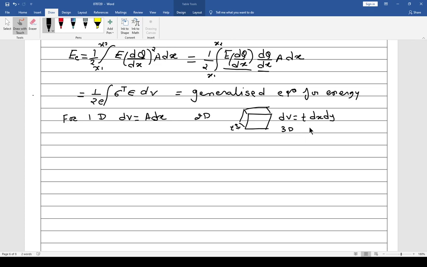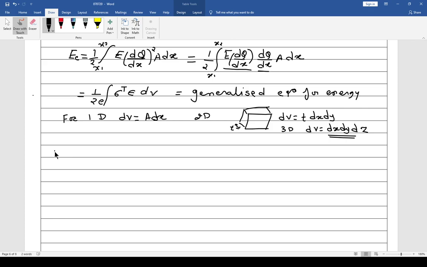And for a 3D problem, because in 3D everything will change, my dV will have dx, dy and dz. In this way you are going to have a replacement for the value of dV, and according to that you are trying to find the solution. Basically from EE we are trying to find what my stiffness matrix is going to be, because energy represents my stiffness.